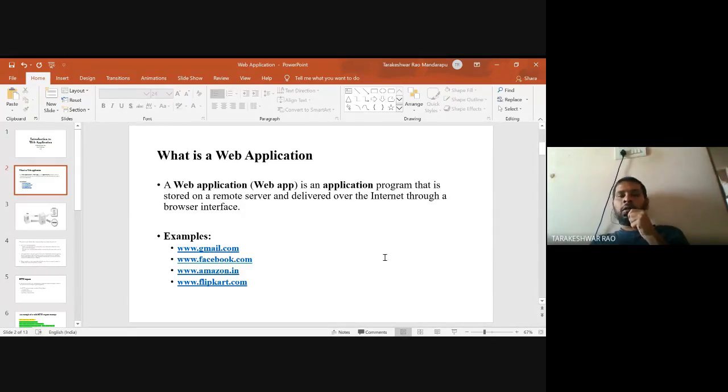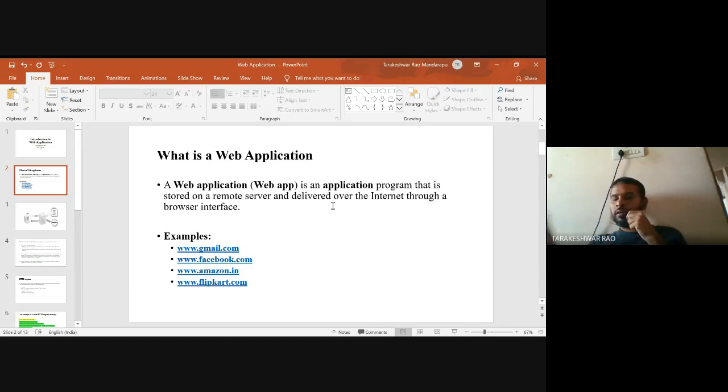For example, you are using a PowerPoint presentation. You don't require an internet facility to use that PowerPoint presentation, even the Word document, Excel sheet, Acrobat Reader, and Notepad application, which is located on your computer only. So all these softwares which do not require internet are available on your system only. They are stored on your system only, and you are running them also on your system only, right? So such applications are called standalone applications.